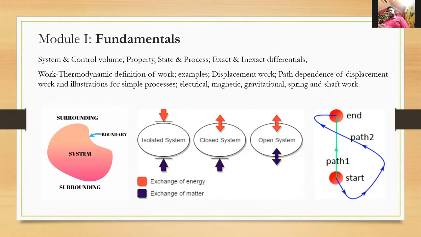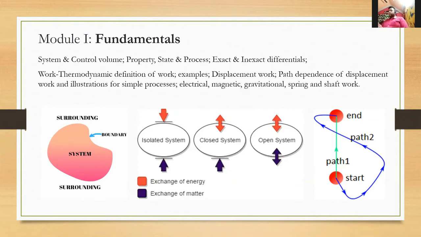And this one process, this one path, or this one change of state that we generally call it, can be done in multiple ways. Like if I want to go from one state to another state, or one point to another point, I can take a very straight path, visible as a green line in the diagram. And you can also take a long path, maybe for your convenience. If it is a longer path you take, just like the blue line shown here, it will take time. It may take a huge amount of time, but you'll reach the same point again.